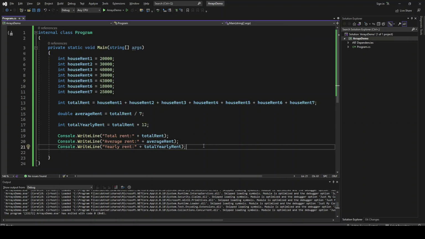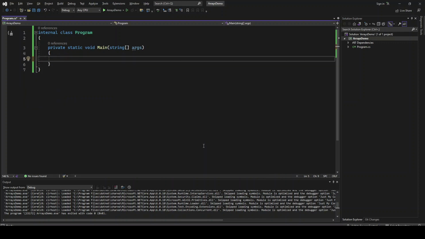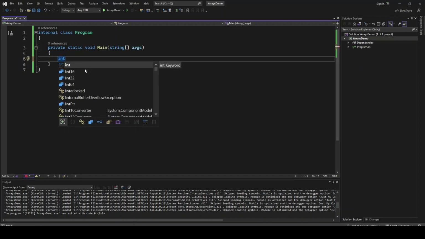So by using data structures, we will see that the code will be more readable, not more complex, we can perform operations easily, and the code would be more scalable. Let's create an array. So let me first clear this code. Let me declare an integer array,